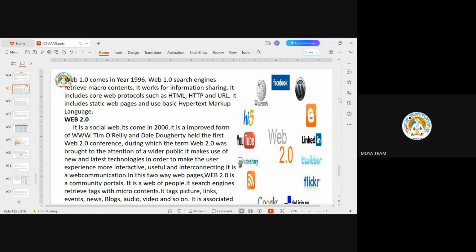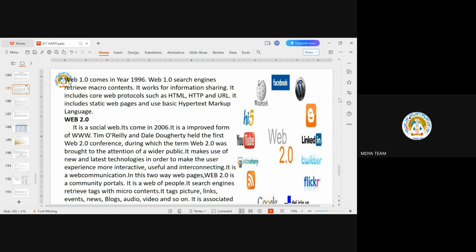Britannica is an example of Web 1.0. It is like an encyclopedia book where you can read the content only. You can't give your views or your content on the internet. You just read the content, whichever topic you want to read. You just get that topic or read that topic. That is present in Web 1.0.